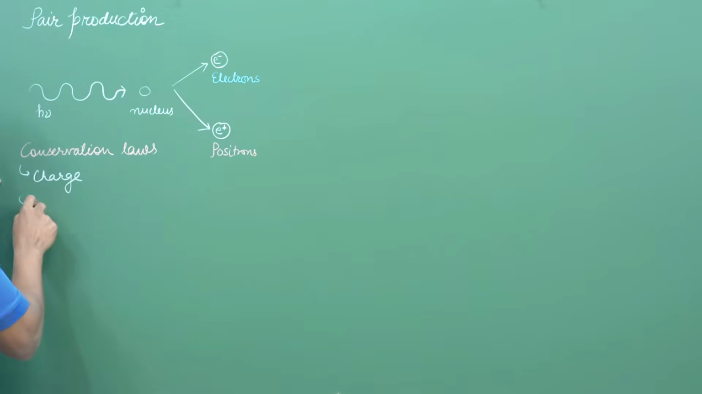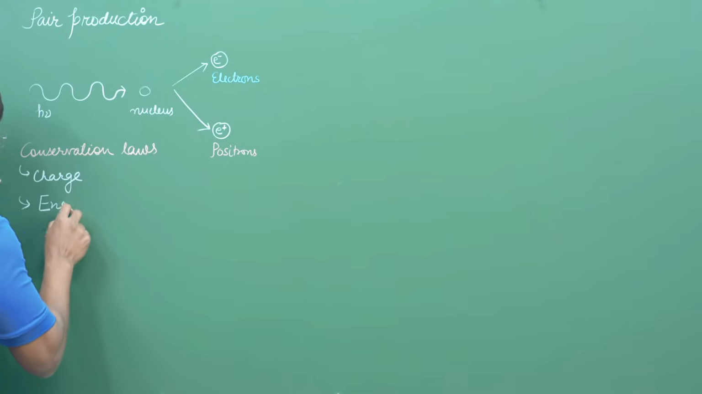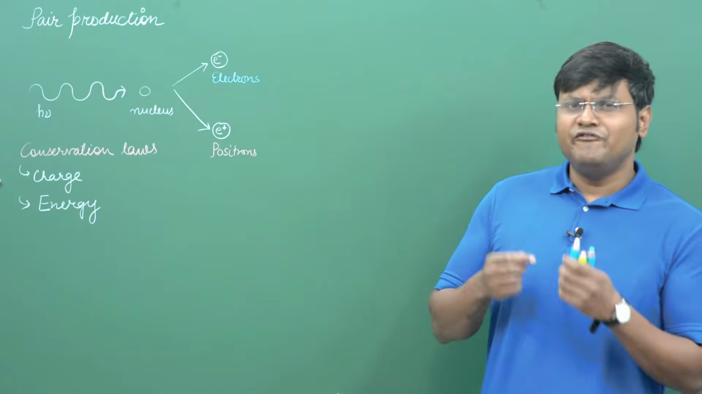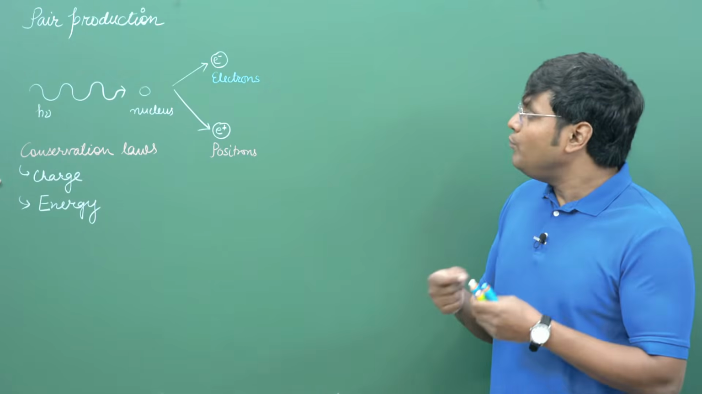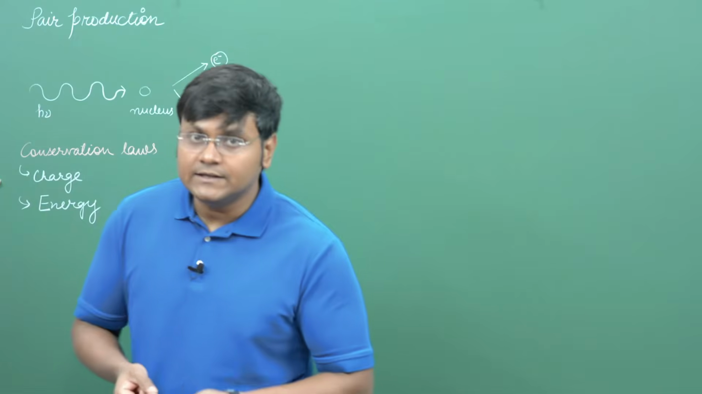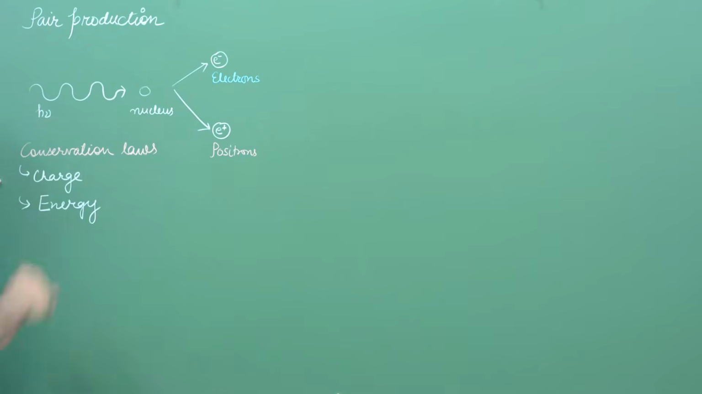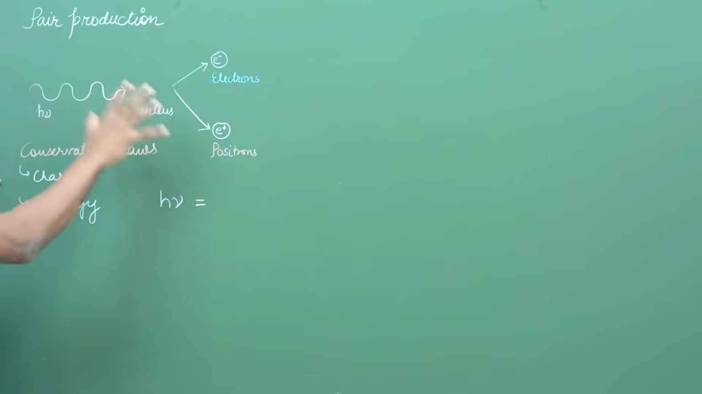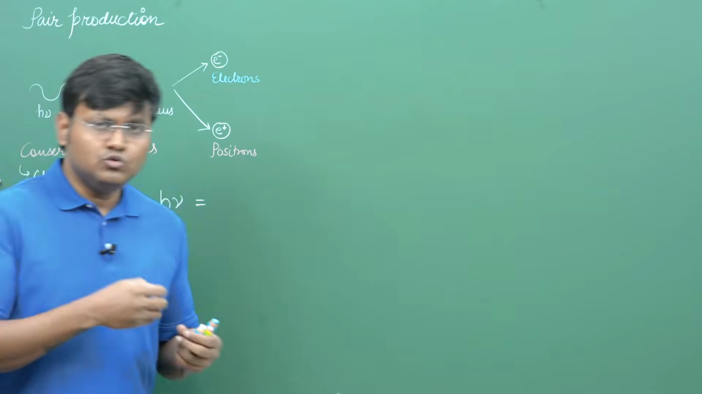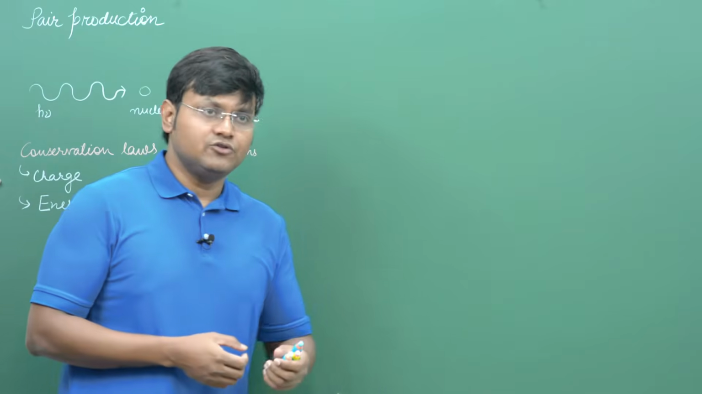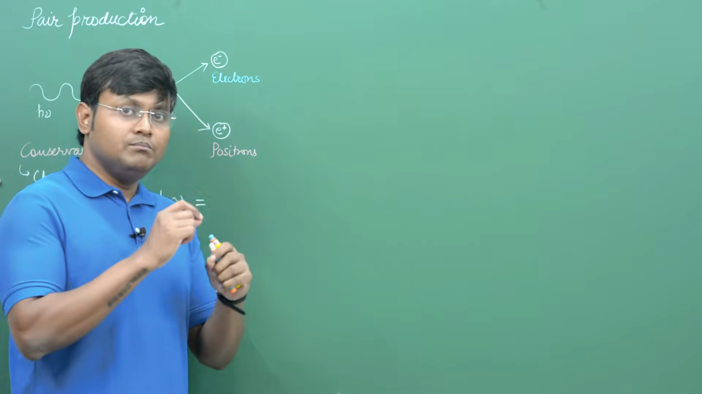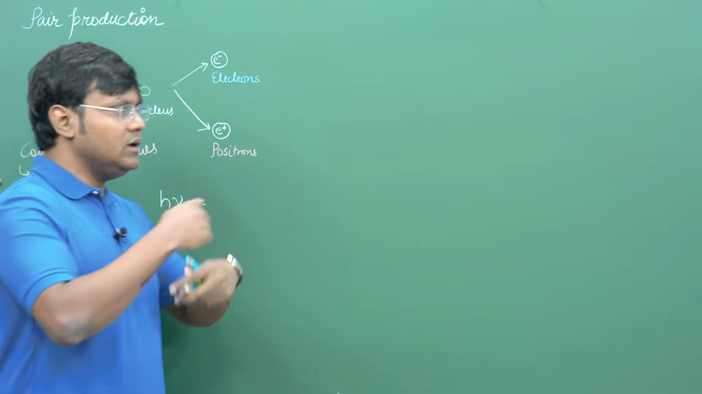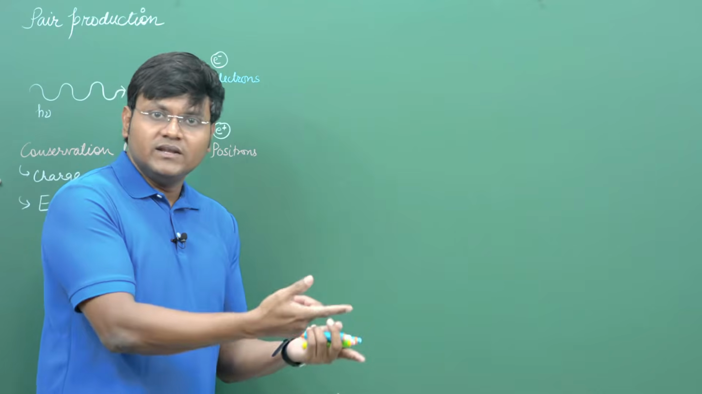The second important conservation law that it follows is the conservation of energy. So you see, the pair production phenomenon is a very good example of how energy is converted into matter. The initial photon has energy of h-nu, right? And the moment it comes into the presence of a nucleus, it has a tendency to end up creating a positron and an electron. Positron and electron are matter particles. They have mass, right? So this energy ends up converting to mass energy of the particles as well as kinetic